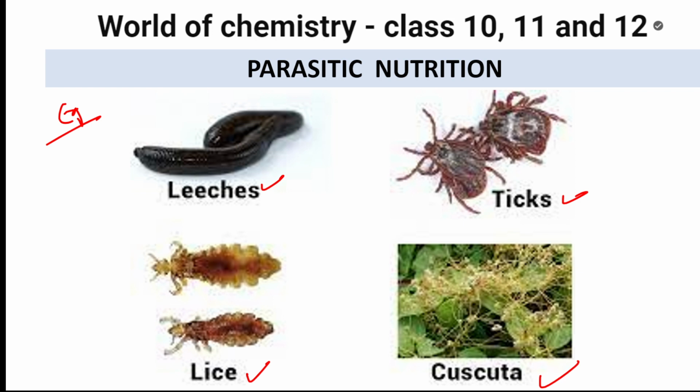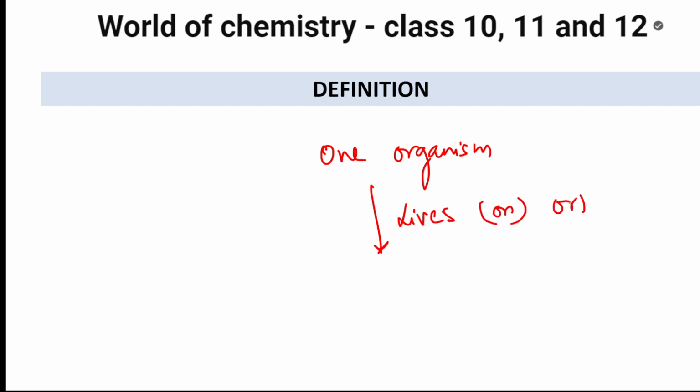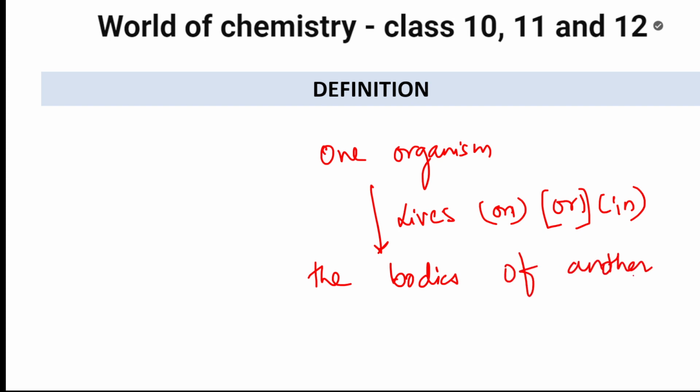Now, what happens in parasitic nutrition? If you see the definition, it is nothing but one organism that lives on or in the bodies of another organism. Bodies of another organism, so it will stay inside the body or it will stay outside